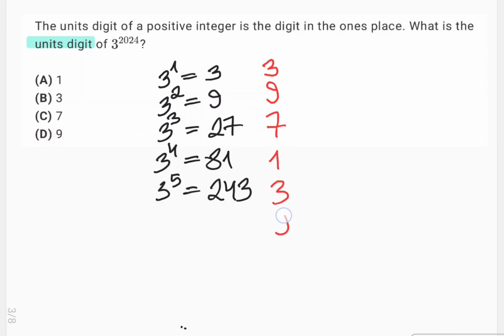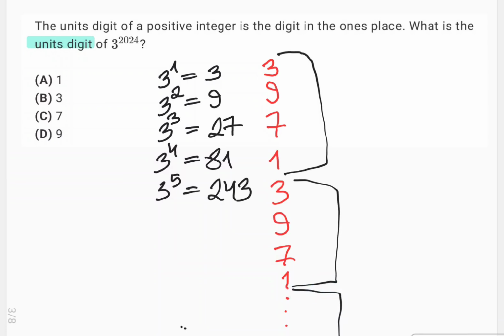The units digit of the powers of 3 follow a repeating cycle: 3, 9, 7, 1. This cycle repeats every 4 terms. Now, how does this help us with 3 to the power of 2024? Since the units digits repeat in a cycle of 4, we can figure out where 3 to the power of